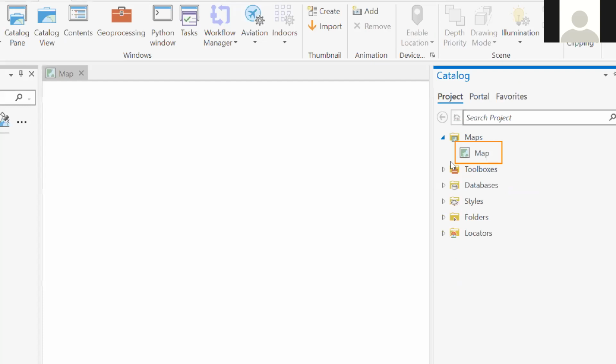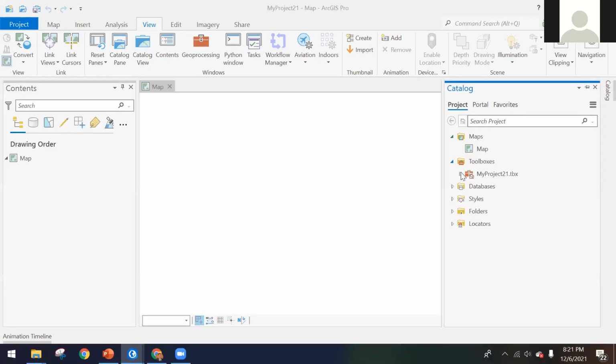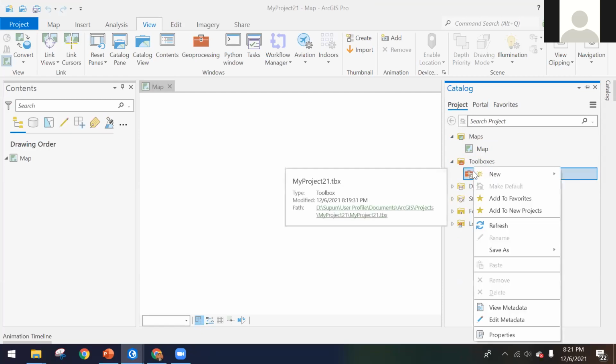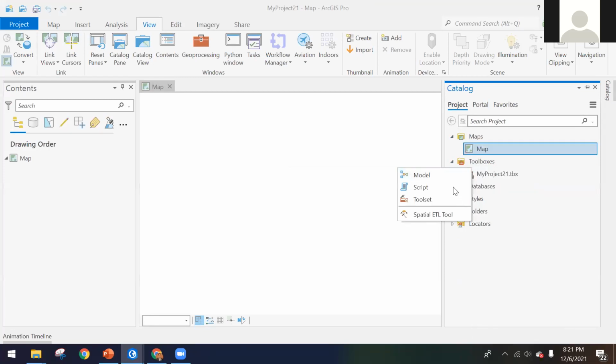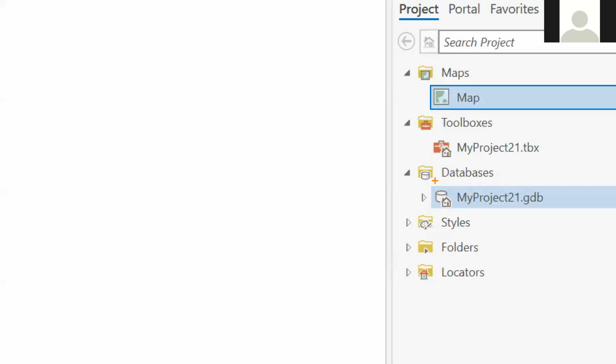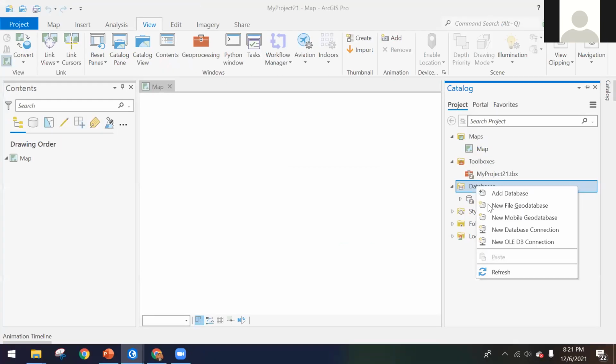And also toolboxes. If we are creating model builder tools, we can create them inside this toolbox. By right clicking, we can create tools. Then databases. So we can have geodatabases like this, or we can have other databases. We can create new geodatabases, or you can have